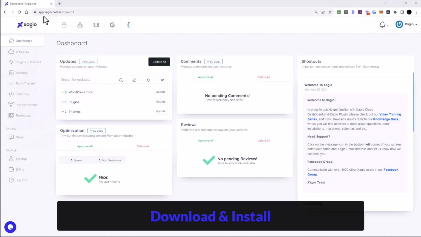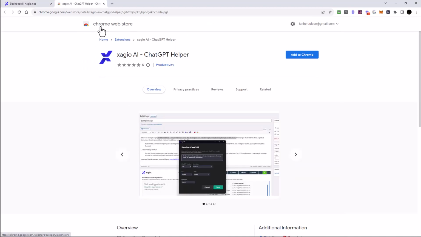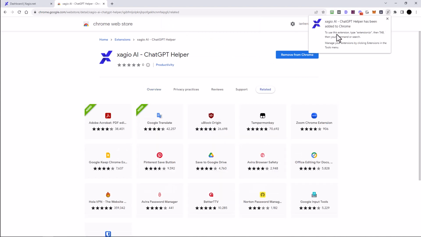So all you have to do is log into your Xagio account and you should notice a new Google icon here, and if you click on that it's going to upload this modal and you can click on download extension and that will take you over to the Chrome Web Store where we are now live, and you can simply click on the Add to Chrome button and then click on Add Extension, and that's going to download the extension